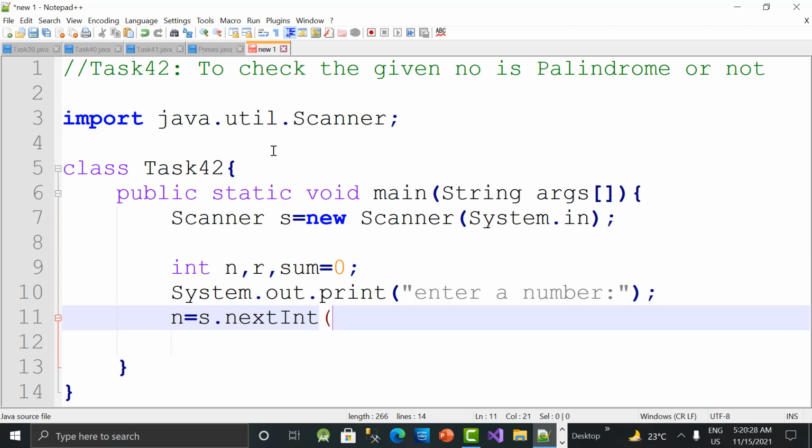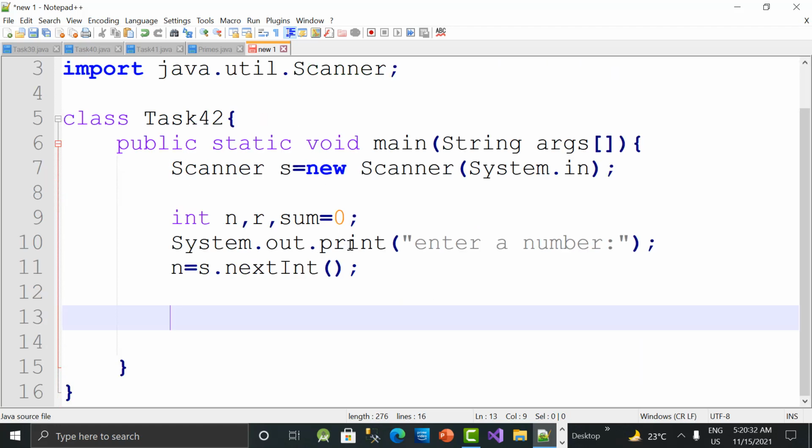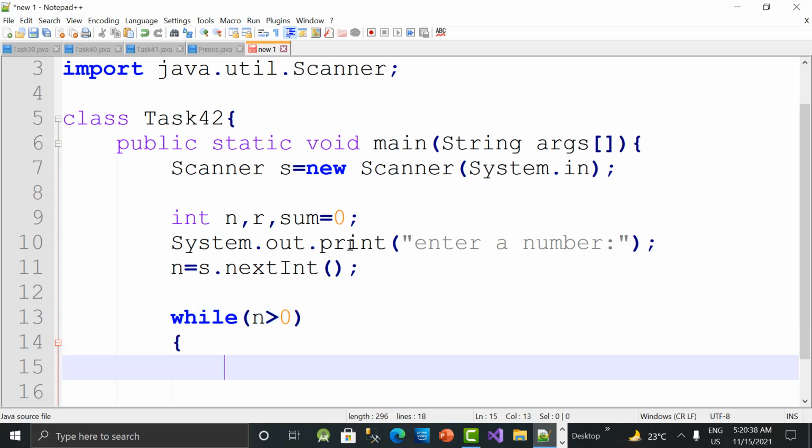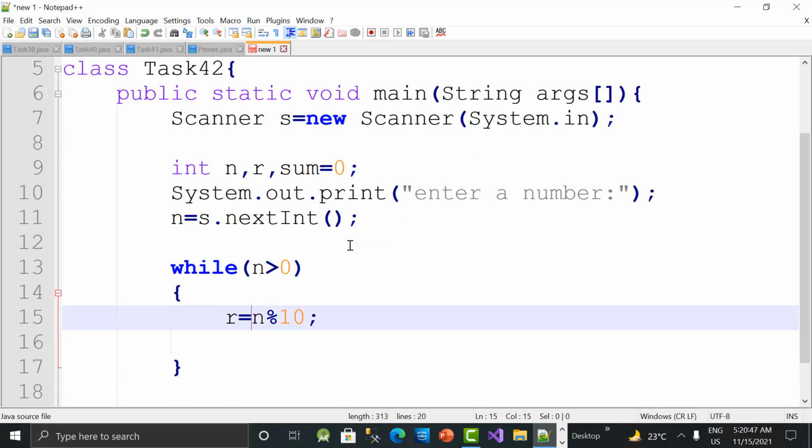The number is ready. So after reading the number, what to do? We need to reverse it. So for that I'm writing a logic. While n greater than 0, or you can say n not equal to 0 also, no problem, then r = n mod 10. We are storing the remainder of n divided by 10 in r.